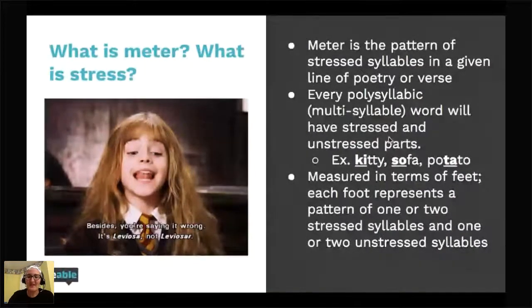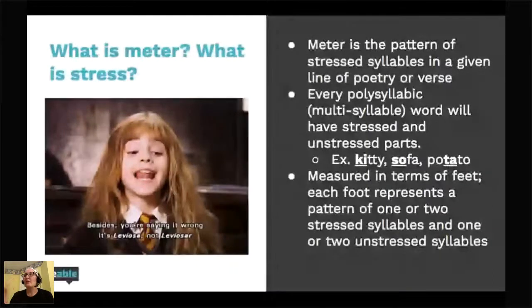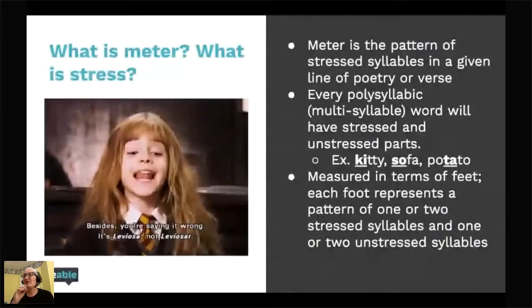So you say the word kitty, for example. Now, normally you don't listen for your stress because why would you pay attention to the stress that you're saying? That's not useful to you in most contexts, but it is useful when you're reading and trying to figure out a meter for a specific reason, and I'll get to that. So kitty, the stress is on the first syllable. You don't say kitty with the stress on the second because you sound like a weirdo. So the stress is on that first syllable. That's why I underlined it and bolded it.